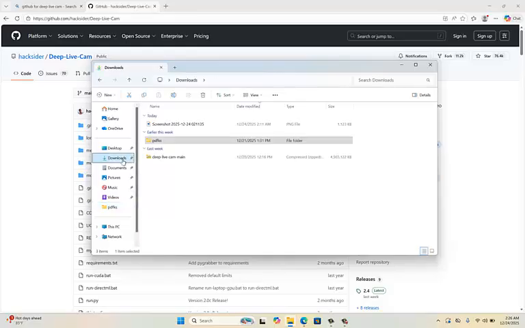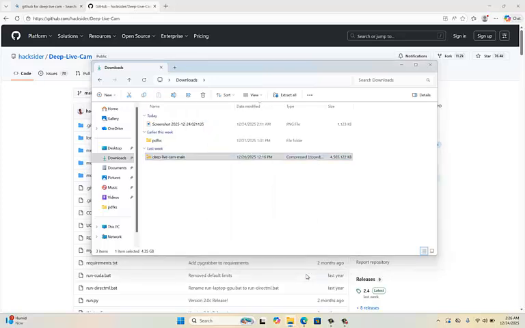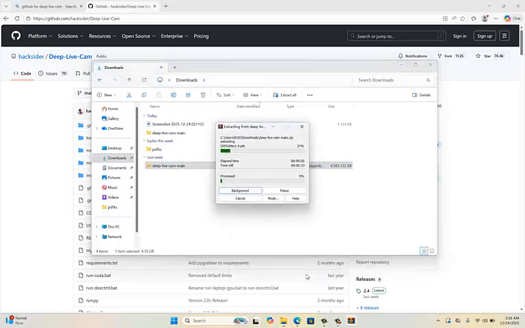First of all, I already have it downloaded on my system. So this is the zip file. The first thing we'll do is to unzip it. I'm unzipping with WinRAR. You can unzip it with whatever you like, but I'm using WinRAR. So while we wait for this to unzip,